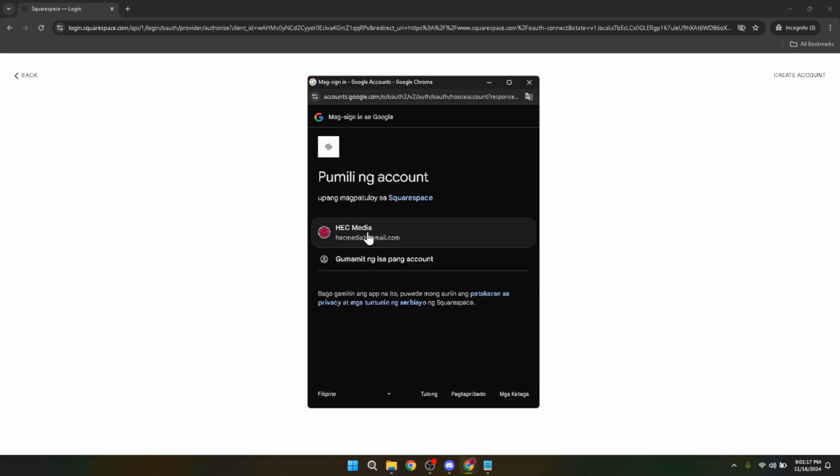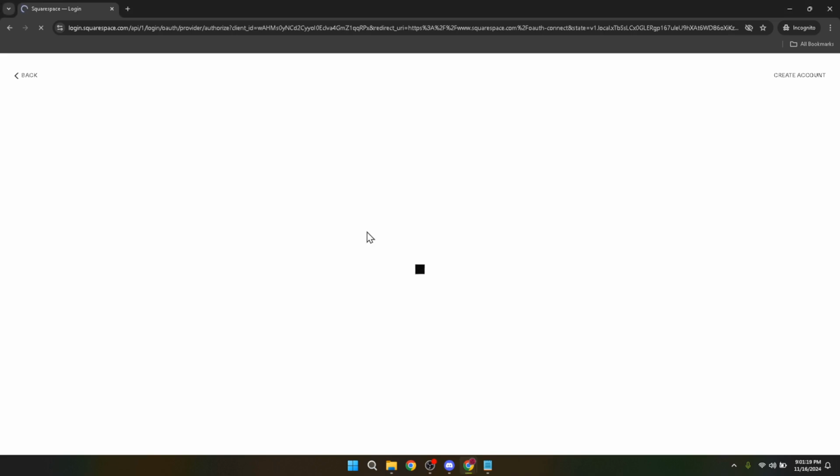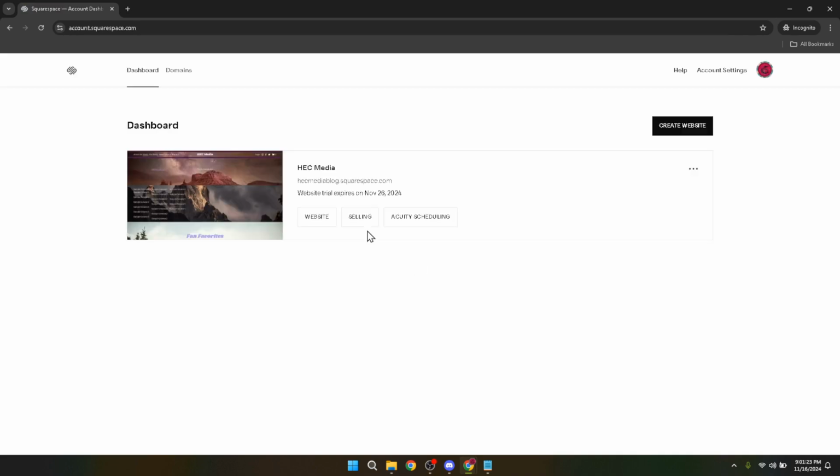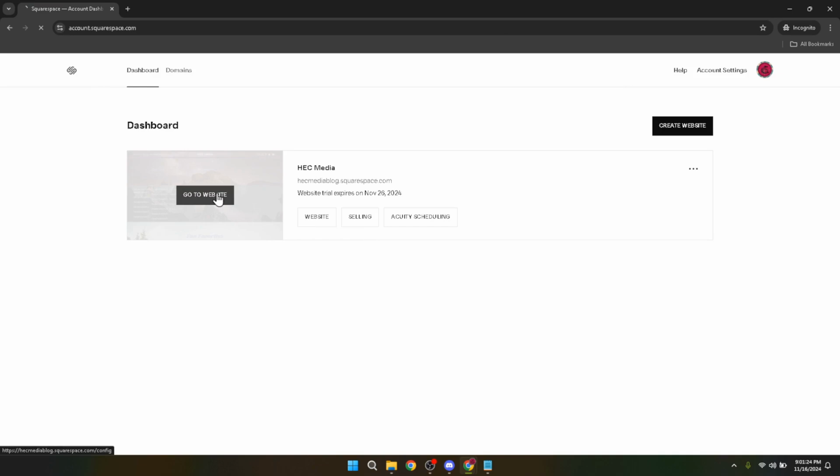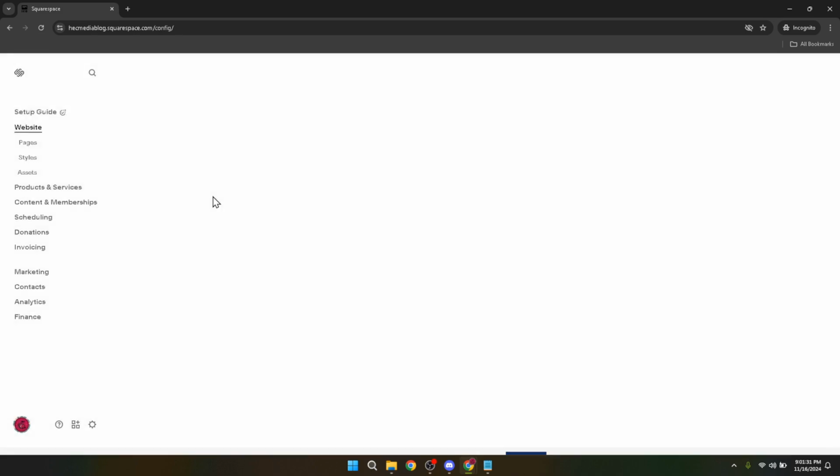Now that you're logged in, it's time to get down to business. You'll need to access your website. To do this, simply go to your website's specific URL on Squarespace, or you can usually find a direct link to your site from your Squarespace dashboard. Once you've navigated to your website, look for the search bar. This might seem a bit tricky at first, but it's usually located at the top or side of your dashboard. If you're having trouble finding it, remember the search bar is your gateway to accessing different features on Squarespace, including those not immediately visible on the dashboard.